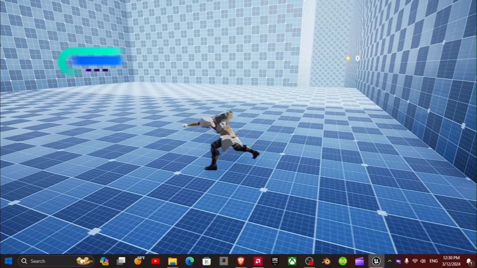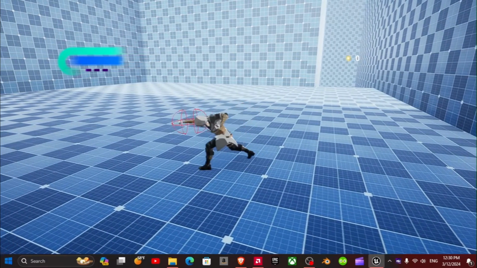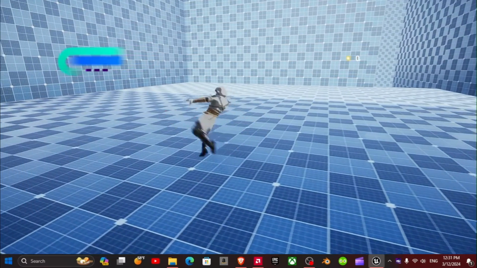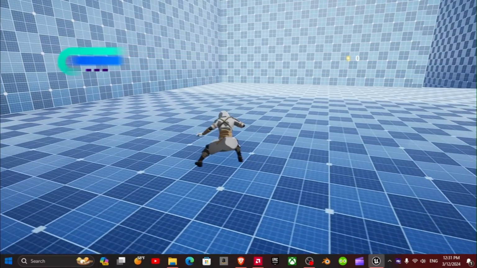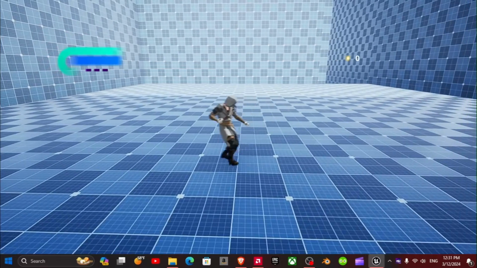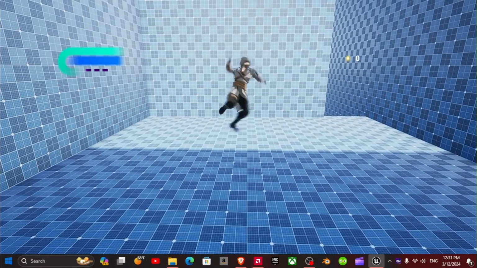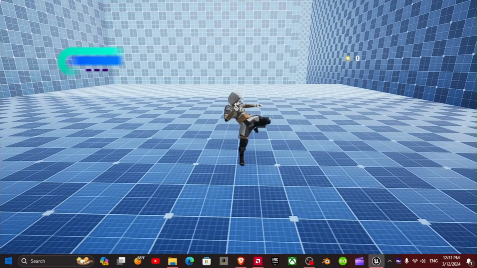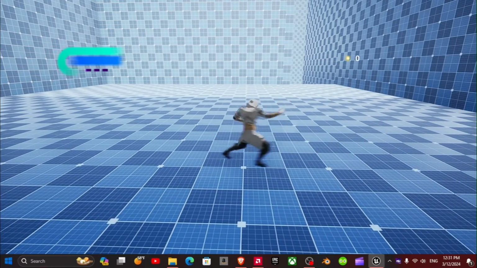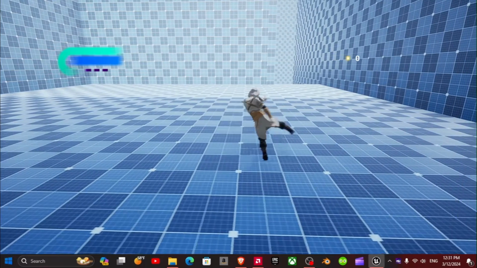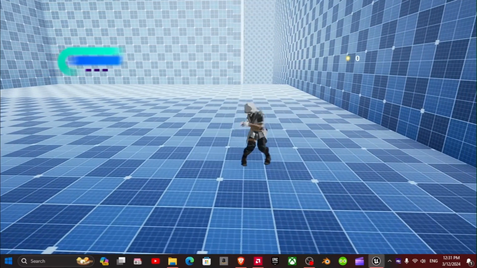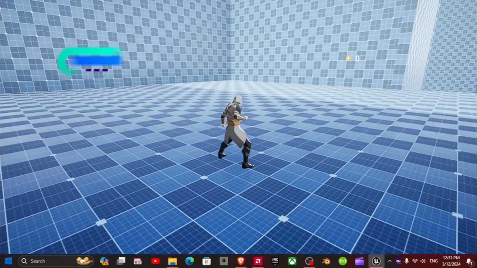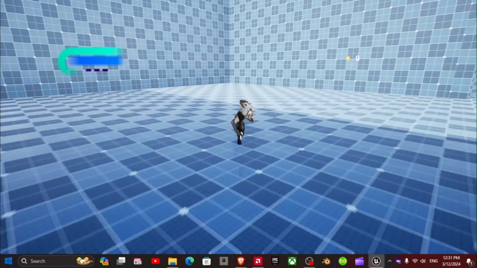What I'm going to do is show you how I refined my melee combat system. What you see here is very much different from what I had last year, now that I've refined my combat system thanks to the tutorials of Yuko Millennia. And I have to say, his tutorial did wonders.